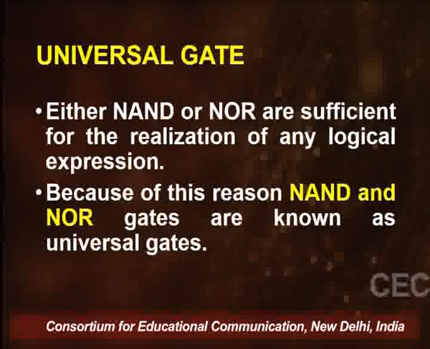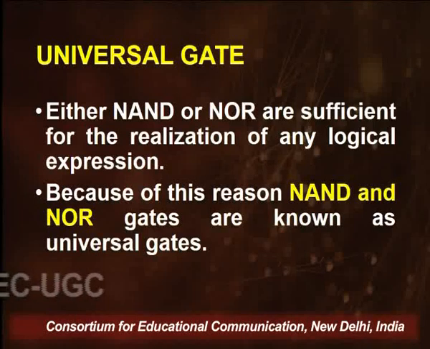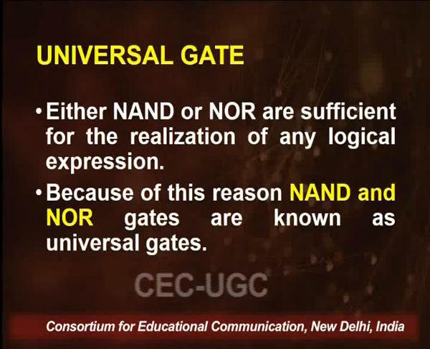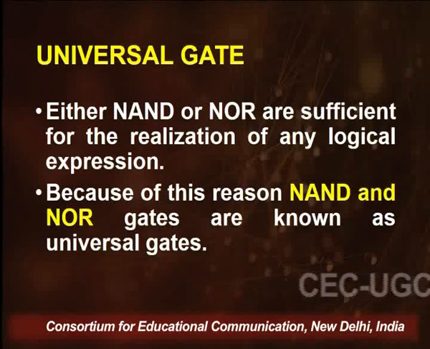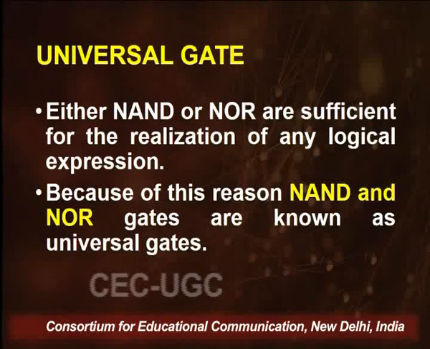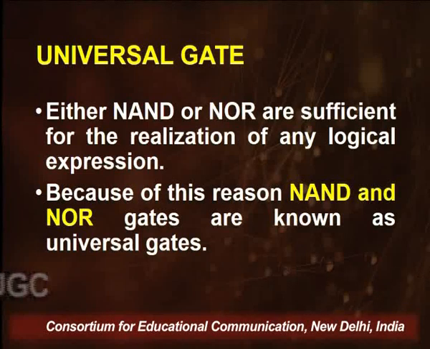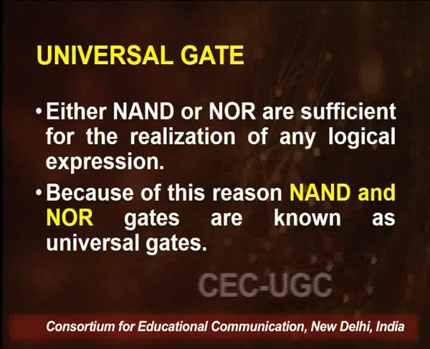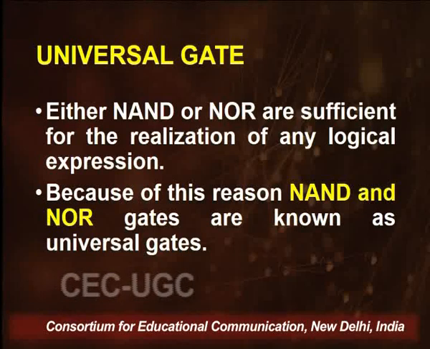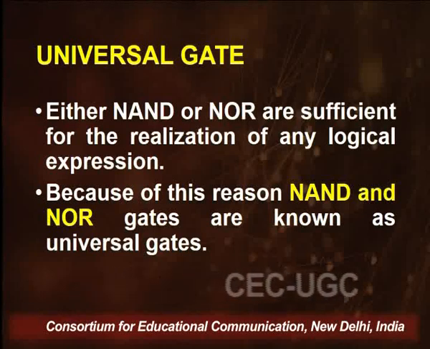Now, once we have learned about these gates, there are 2 gates which are also called universal gates. If you look at the list of the gates that we discussed here, out of those 7 gates, just the 2 gates, NAND and the NOR gate, are called the universal gates. The name universal means that these 2 gates can be used to represent the output of any of the other gates that we have discussed earlier, be it the NOR, OR, AND, NOT, XOR, XNOR, any of the gates. The output we can get by a combination of NAND or NOR gates. So, we call these the universal gates.